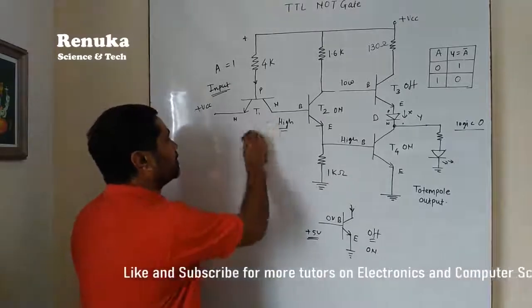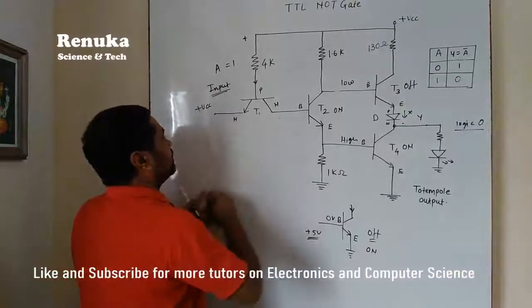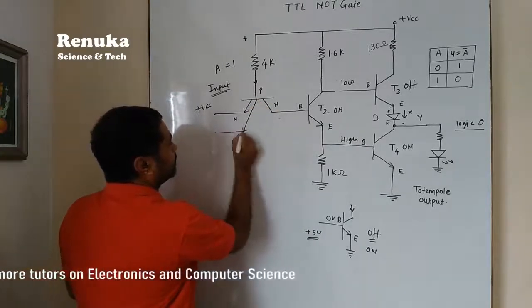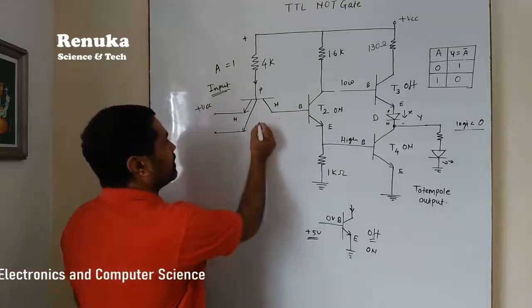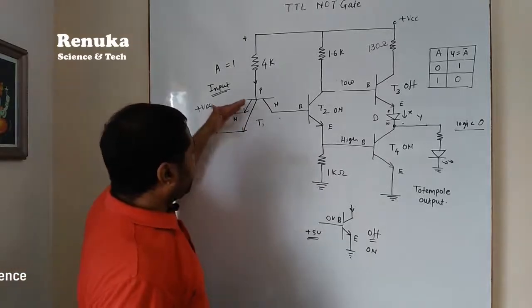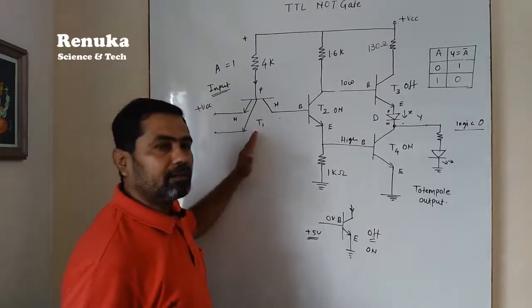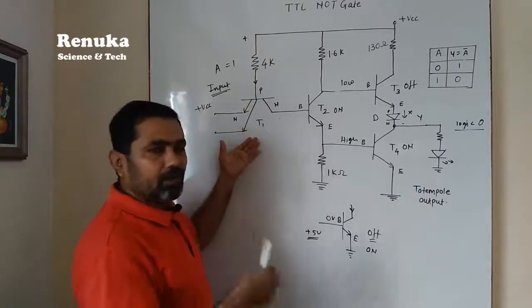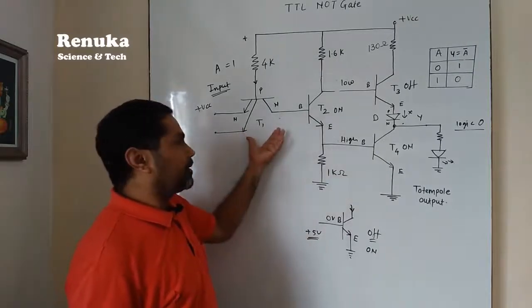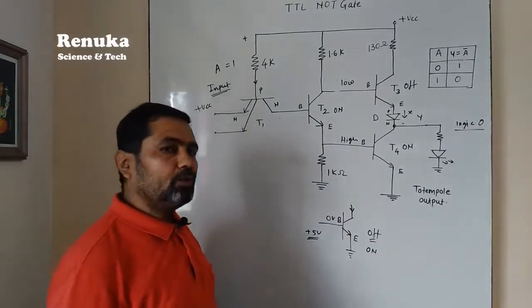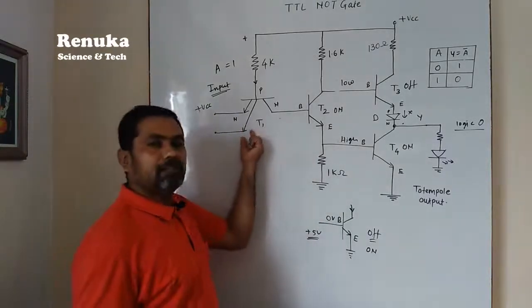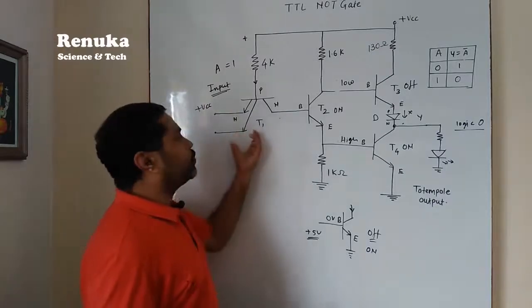We have to replace this transistor by another transistor, which will have 2 emitters here. This type of transistor is called a multi-emitter transistor, in which many emitters can be connected here. That means we have to insert only a diode to create many emitters here. So this transistor is called a multi-emitter transistor. As we have to deal with only 2 input NAND gates, we have inserted only a single emitter here. So that is why it is creating 2 emitters here.